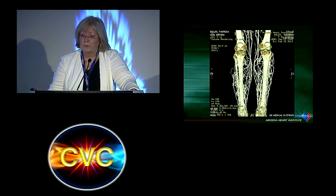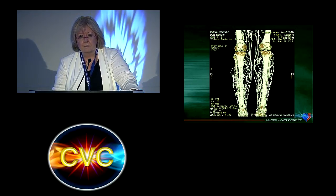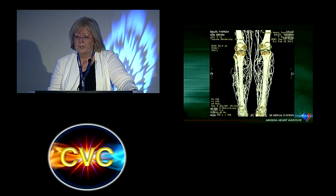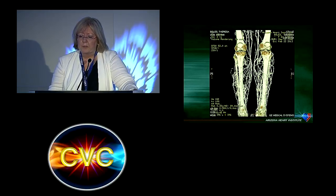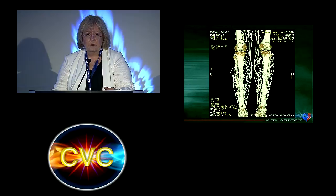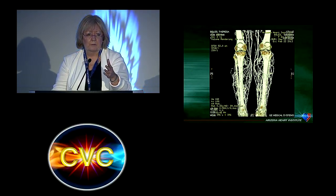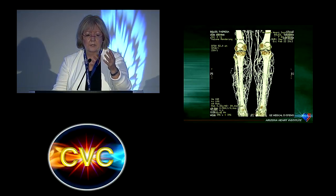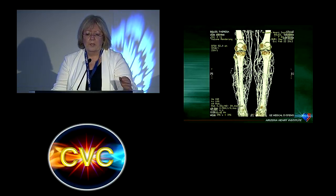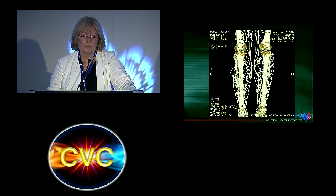So this is a beautiful 3D image of veins in the legs by injecting pedal IVs and doing CTA imaging technique. And well, I point this out because there are miles of veins. When you think about deep vein thrombosis in the tibia or the calf, you think, well, there's the posterior tibial, 2 peroneal, 2 anterior tibial, so 6 veins. What's the deal? But the entire calf is full of hundreds of miles, probably, of venous conduits, which are all